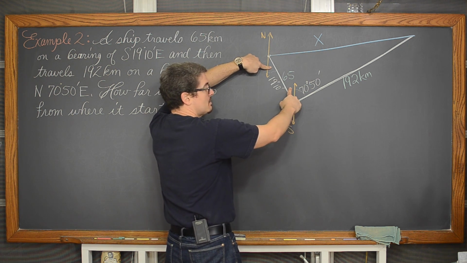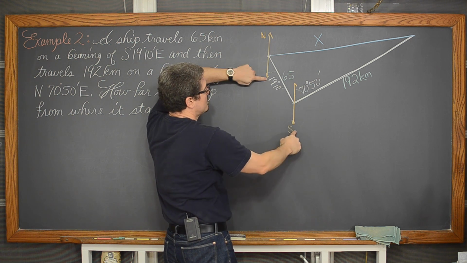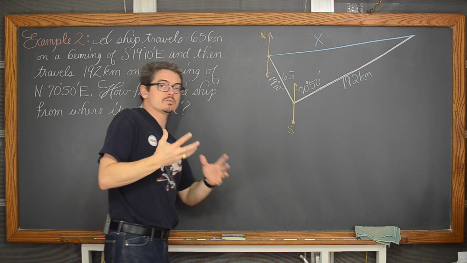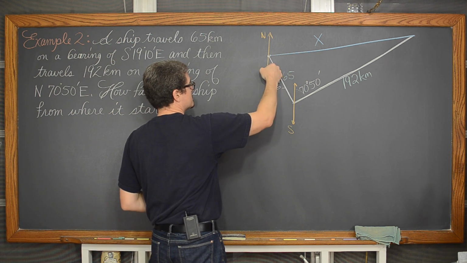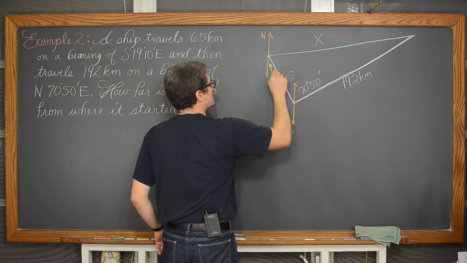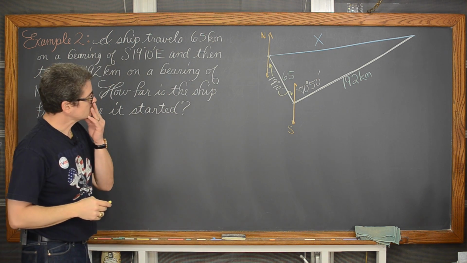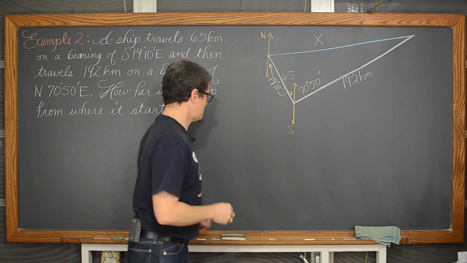And alternate interior angles are going to be congruent, of course. When parallel lines are cut by a transversal, alternate interior angles are congruent. And I need angles inside that triangle so I know how to approach the problem. So I have the 19 degrees 10 minutes for this angle right here, but it's also this angle right there. All right, so how big is this entire angle inside the triangle?